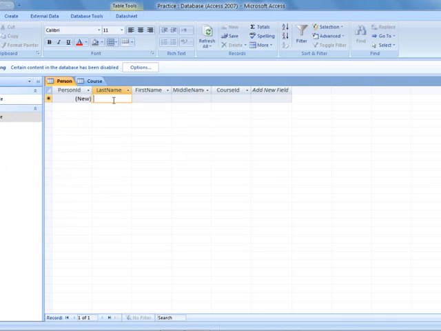Let's put a name, for example, first name, my name, of course, middle name, dikolongan, course ID. So we will select which course we desire, and I choose BS Infosys. Its course ID is 1, so I'll put course ID 1.